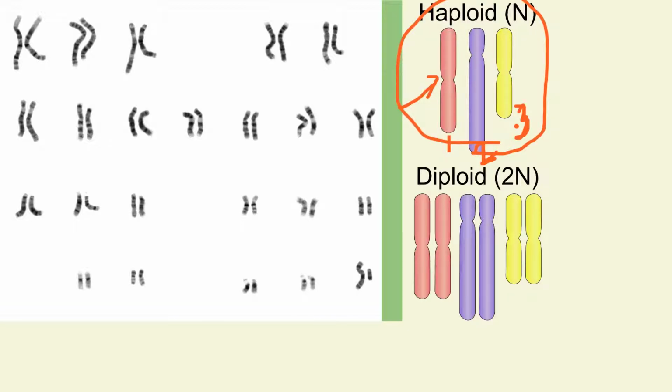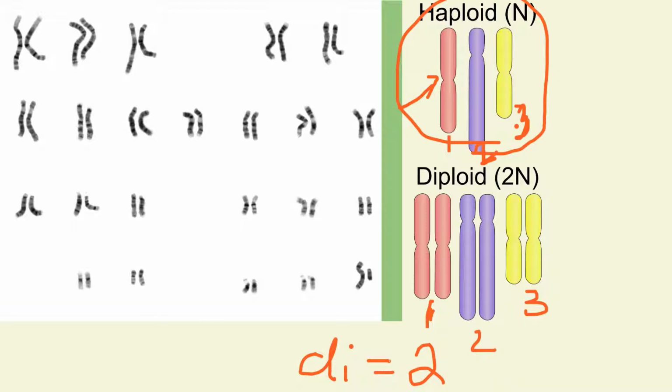Okay, in a diploid cell, di, like bi, means 2. So there are 2 of each. So there are 2 copies of chromosome 1, 2 copies of chromosome 2, 2 copies of chromosome 3. Okay. Diploid cells, again, have 2 copies of the chromosome with the DNA, or what we call a 2N. These are going to be most cells in an organism. So in a multicellular organism like yourself, almost all of your cells are going to be diploid.